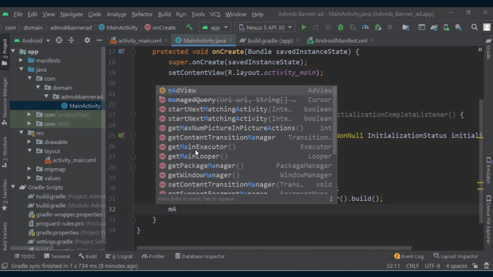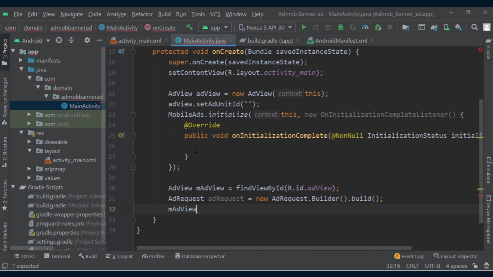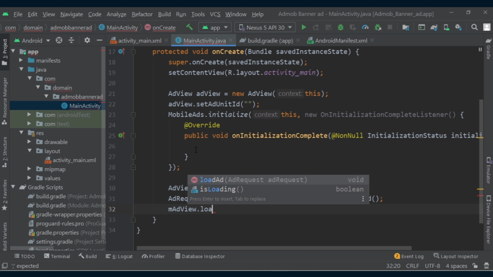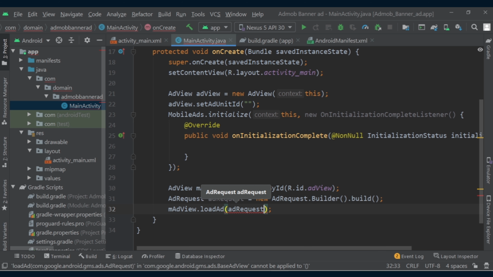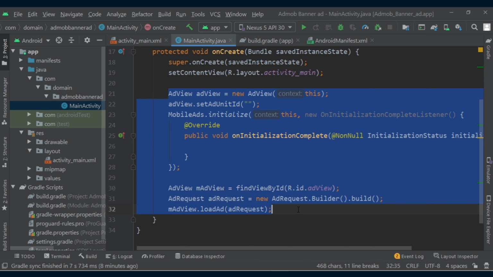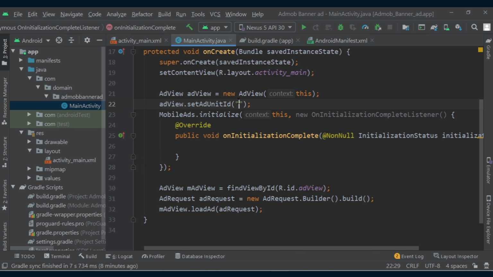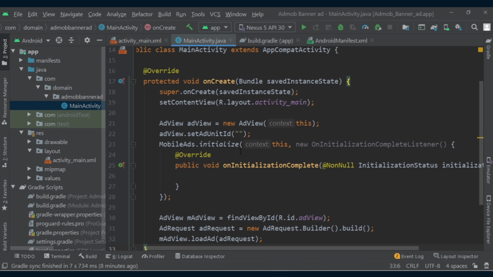Now also here it will load the ad. So write mAdView.loadAd(adRequest). Now this is the code for the banner ad in Java, and here we will add the unit ID. Now our code is ready and we need to go to AdMob and create the app ID and ad unit ID